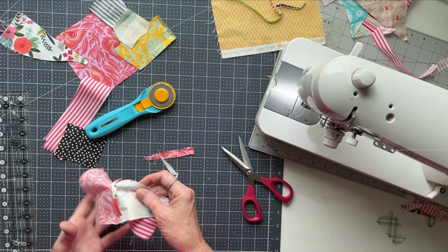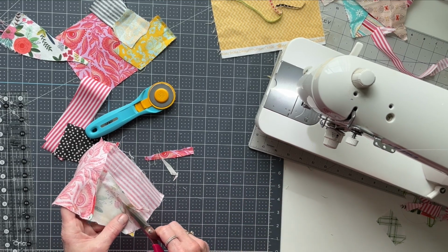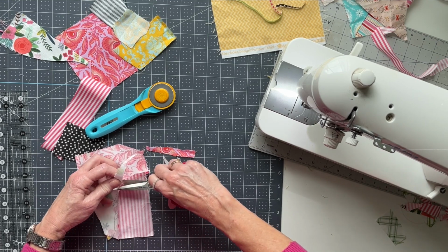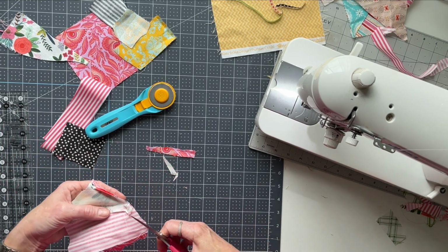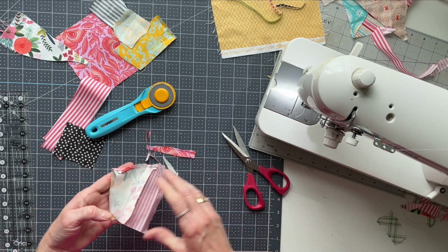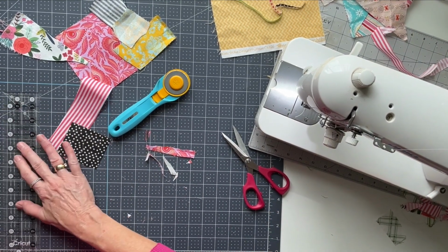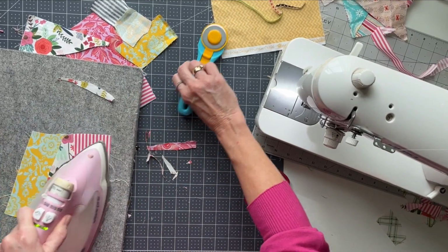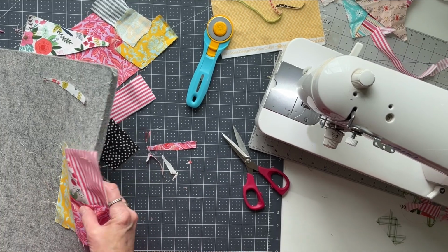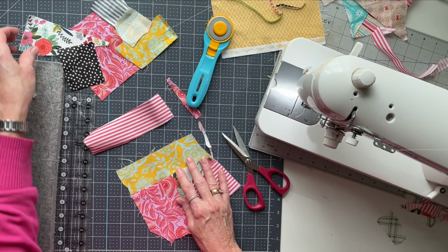Another one where we cross the fabric. You should cut these as you go. For the sake of the video, I'm rushing. All right, and one more. All right, so we've got all this. We're just gonna give it a press. And you can see we're starting to build a really scrappy look here. So again, like before,